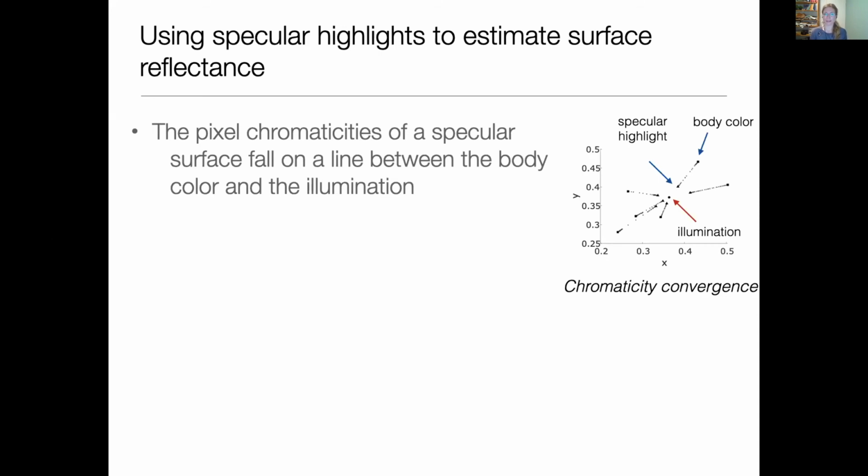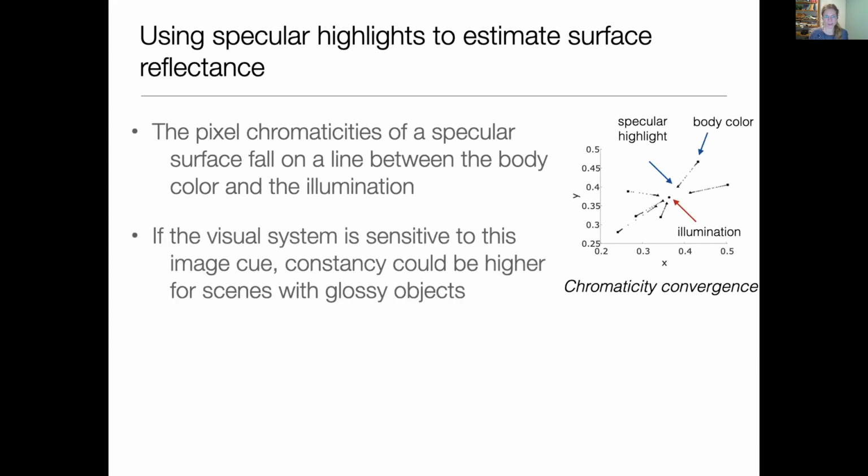And you can see that the chromaticities of the whole stimulus, the pixel chromaticities, fall between the body color and the specular highlight, and that these lines are pointing towards the illumination. This is something that's called chromaticity convergence, and that has been suggested to help in color constancy tasks. So if the visual system is sensitive to this image cue, we would expect to find higher constancy for scenes